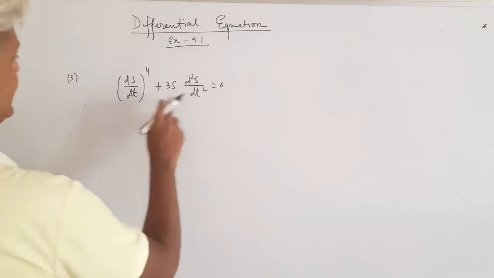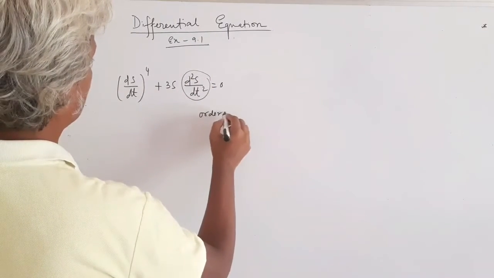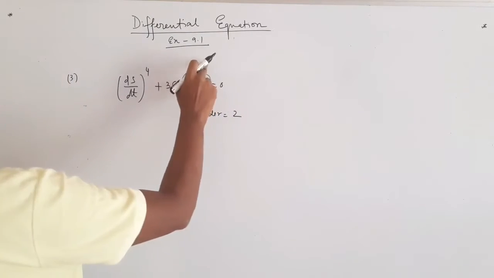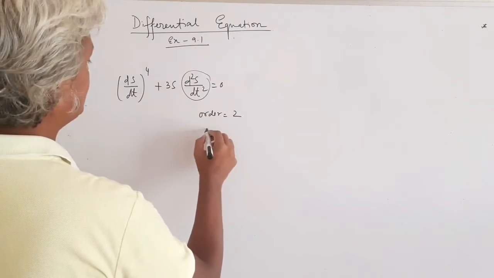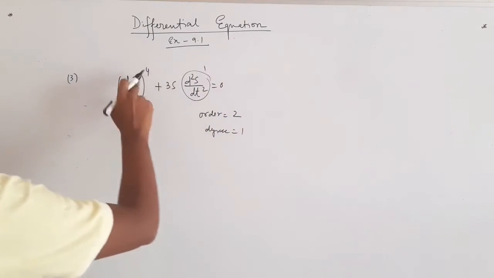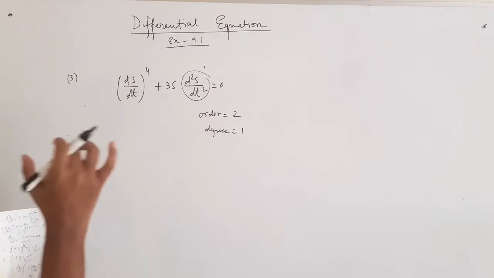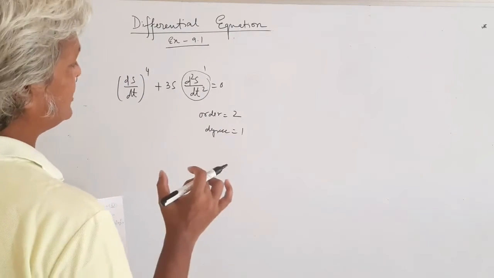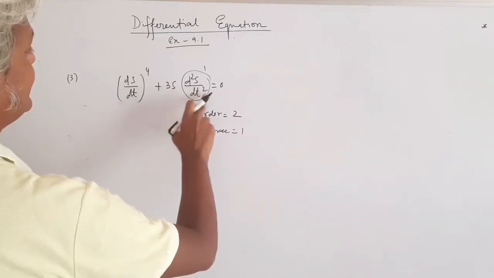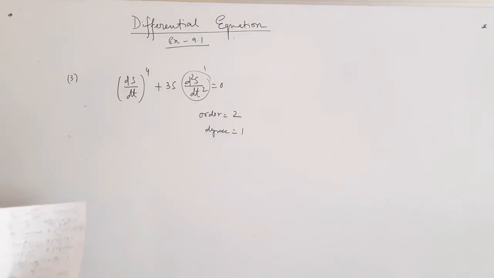So now here you see that the highest order is 2. So order is 2. And what is the power on this highest one? This is 1. So degree is 1. The power of this one, not on this much. Okay. So first you have to find which is the highest order of differential coefficient is there, that is d square s by dt square, second order differentiation. And then what is the highest power on this? This is 1 here. So this is your answer, that order is 2, degree is 1.